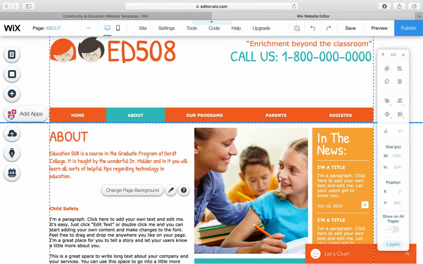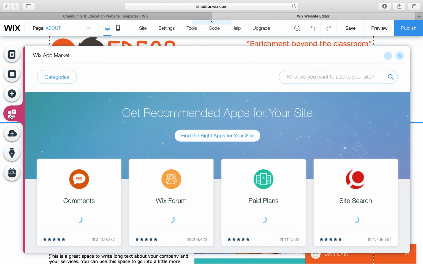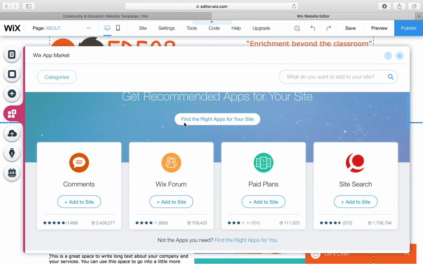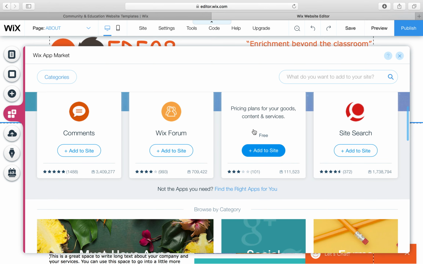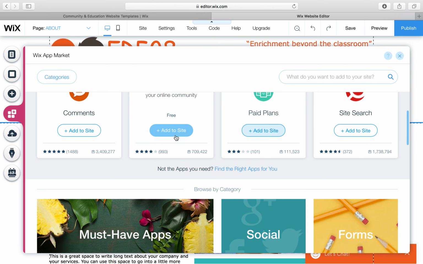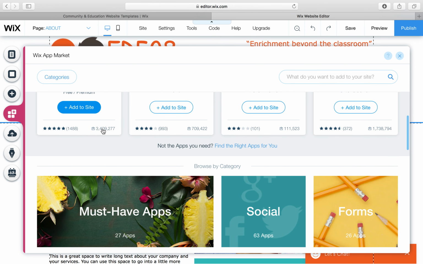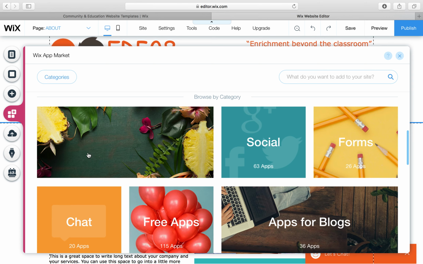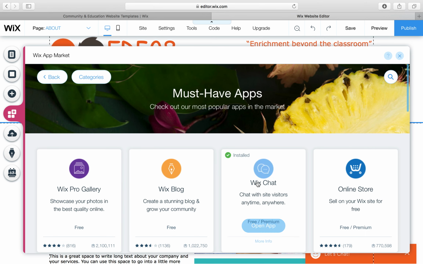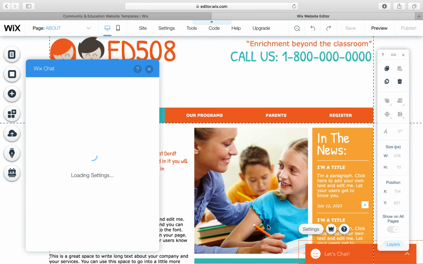Now I want to show you a little bit about this section they have called apps. On the left side of your screen, if you click on that, it'll take you to this app market. In these, there are all sorts of different tools you can add to your website. Before, you had to code these things into your website and it made it really difficult. Now, if you want to have a comment option, or something along the lines of Wix chat, all you do is click open app,